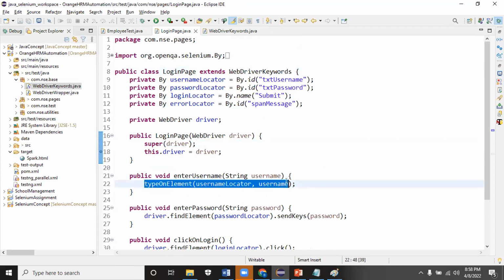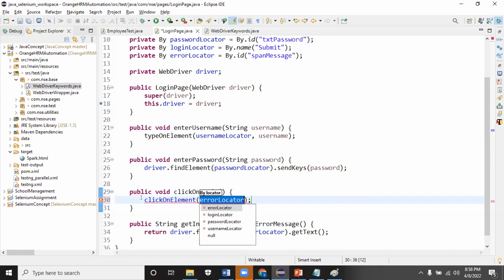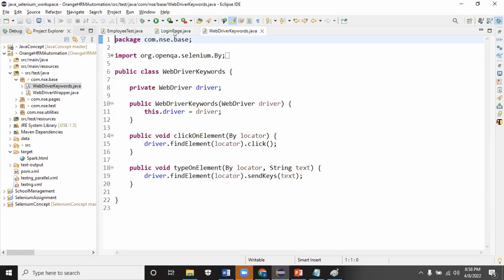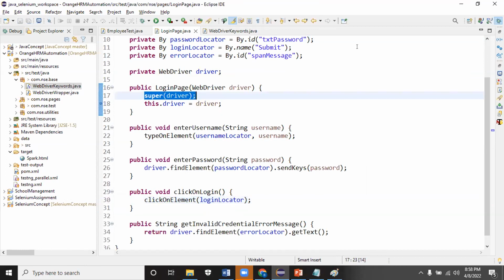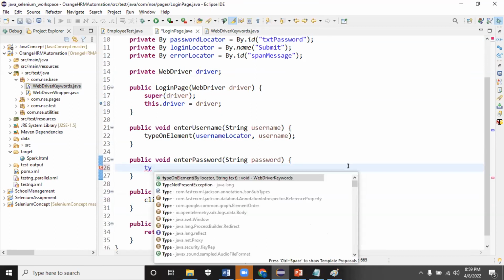So you can see type on element, and for click on login and all, no need to every time write driver dot find element. I'll be using click on element, login locator I'll be passing. That's it. This is the final level on the framework. Those keywords, when you get time, try to create all the keyword and use super keyword and supply the thing and just call the method. No need to write driver dot find element every time. You just call this